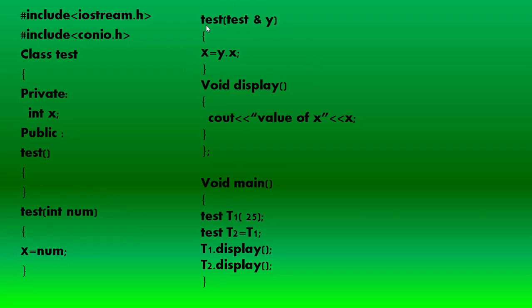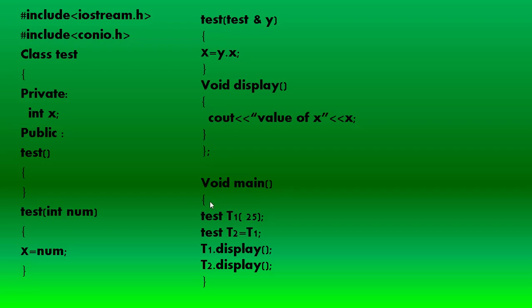Now the third constructor, test, again the class name and constructor name are the same, and test is the class name, ampersand y. We have studied in the syntax that in order to write a copy constructor we have to use the address, that is ampersand y. Y is the pointer. Using this pointer we will be able to access the data of the particular object. So x is equal to y dot x. With y dot x, we are accessing the data x, and that value will be assigned to x. Now coming to void display, whatever value is assigned to x will be displayed here. Then we close the bracket and the entire class has been defined.